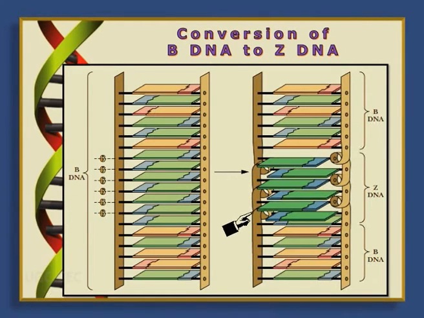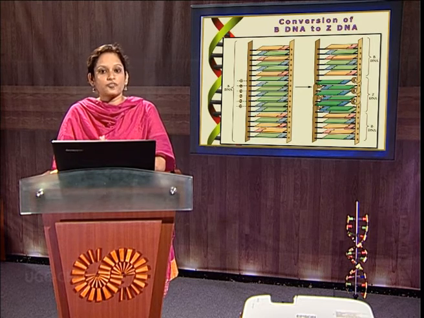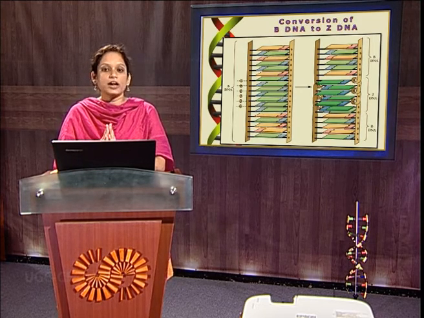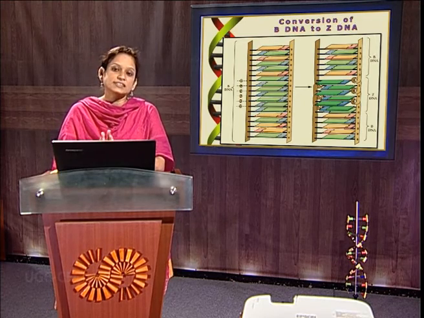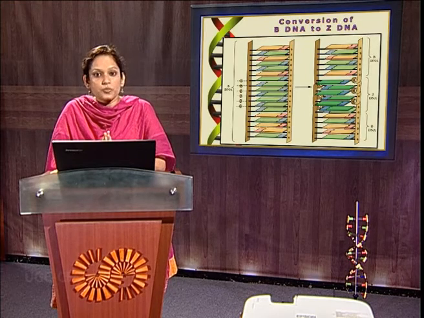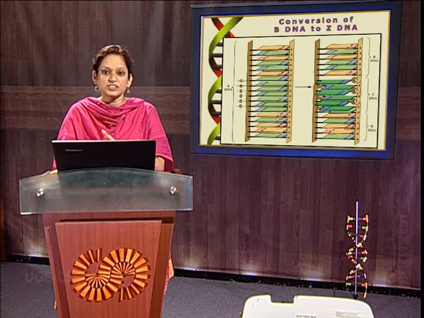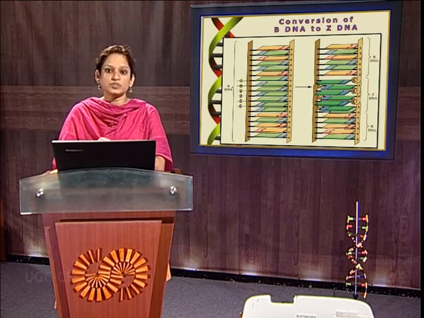Now, as a result, what is happening? Due to the switching of these to the Z DNA, it is causing the folding of the sugar phosphate backbone, as well as due to the presence of the syn-guanosine, it contributes to the left-handed nature of the Z DNA. The presence of the syn-guanosine also changes the sugar pucker. Now, in the normal case, the B DNA contains the C2' endo sugar pucker, whereas the presence of syn-guanosine promotes the formation of C3' endo. So, as a result, there is a change in the sugar pucker, which also contributes to the